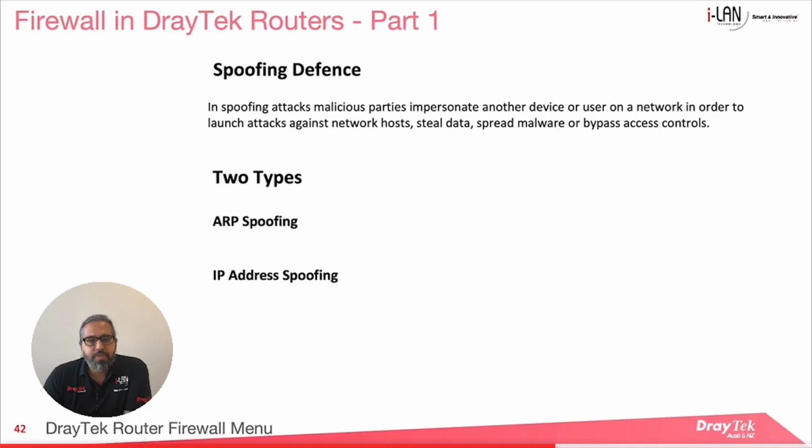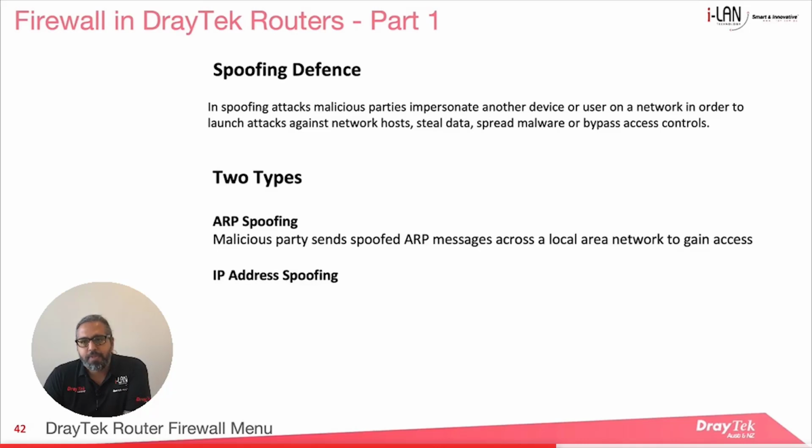In an ARP spoofing attack, a malicious party sends spoofed ARP messages across a local area network in order to link the attacker's MAC address with the IP address of a legitimate member of the network. This type of spoofing attack results in data that is intended for the host's IP address getting sent to the attacker instead. Malicious parties commonly use ARP spoofing to steal information, to modify data in transit, or stop the traffic on a LAN.